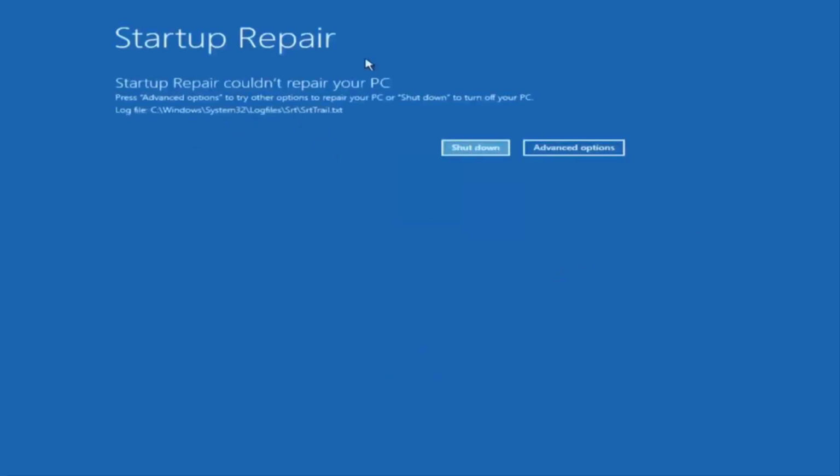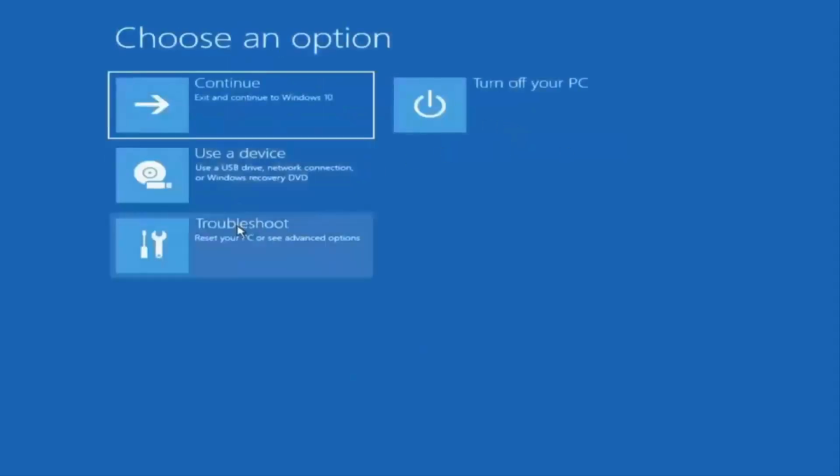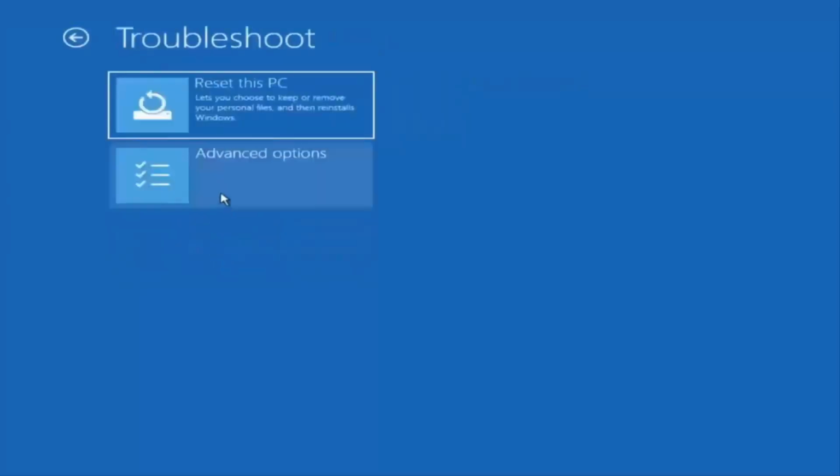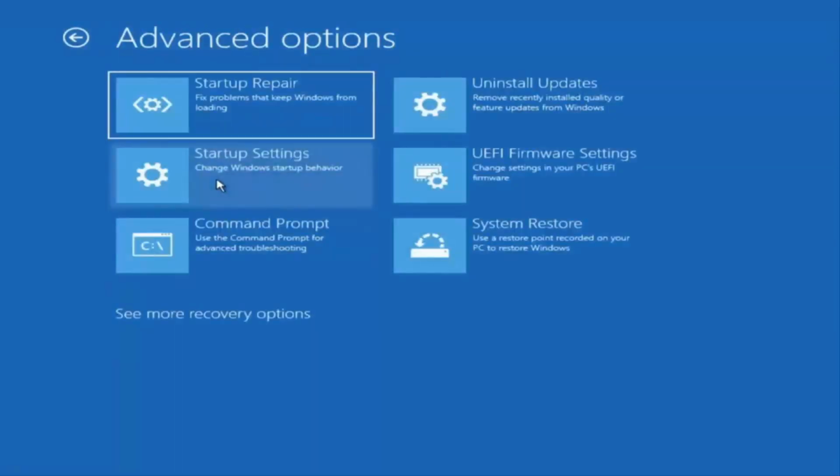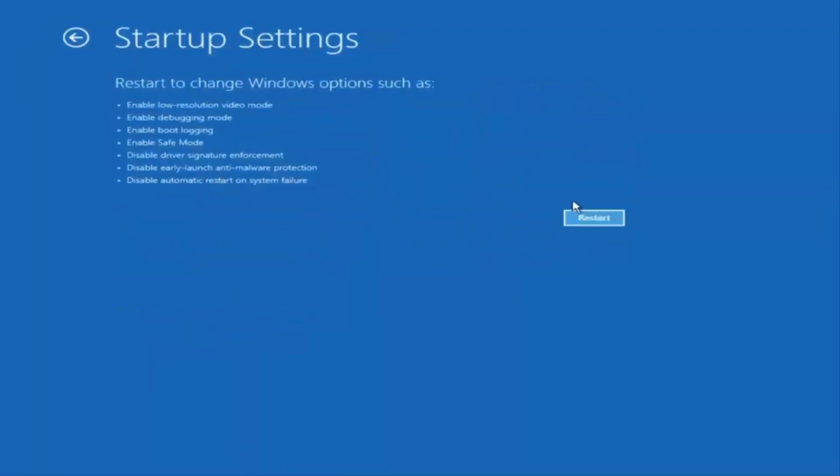Okay, so you can see it could not repair our PC. That was our first option we could try. Something else, if we go back into advanced options here and then select troubleshoot, we're going to go underneath advanced options again. You can access safe mode by selecting startup settings. And then if you select the restart button, you have the option on the screen, select safe mode with networking,